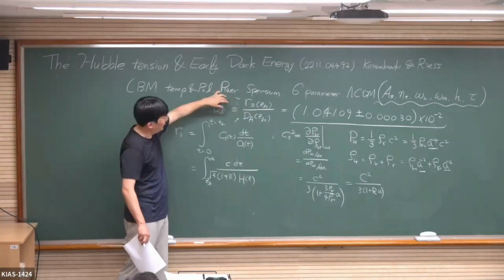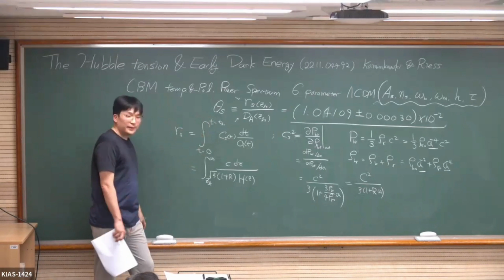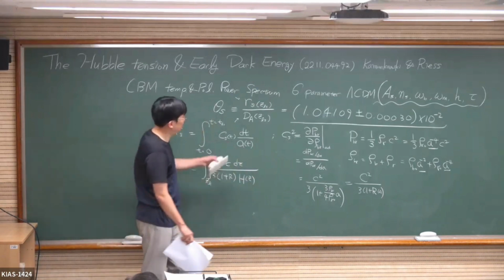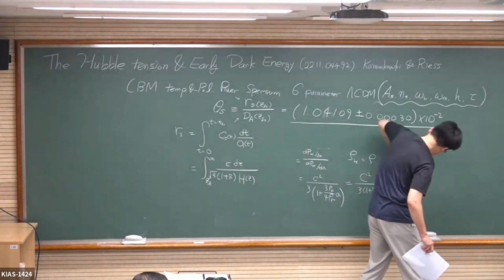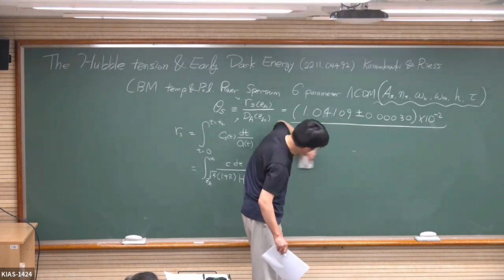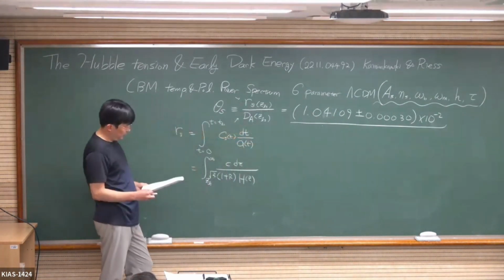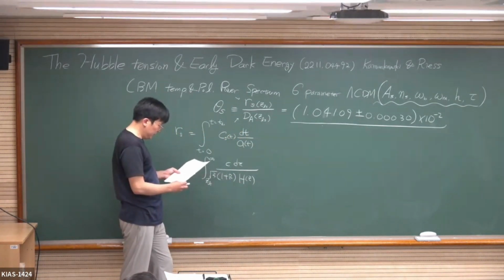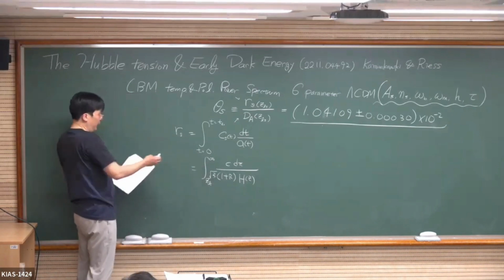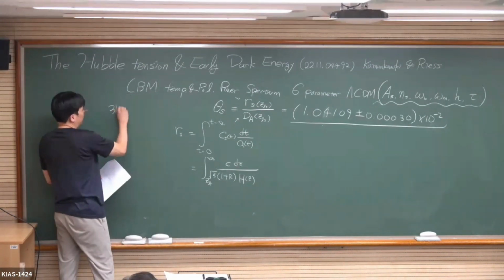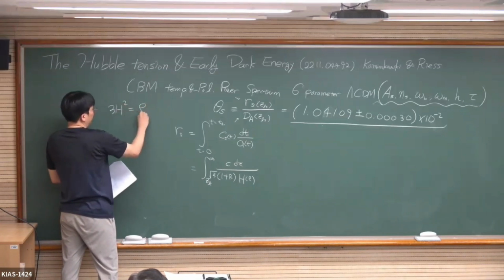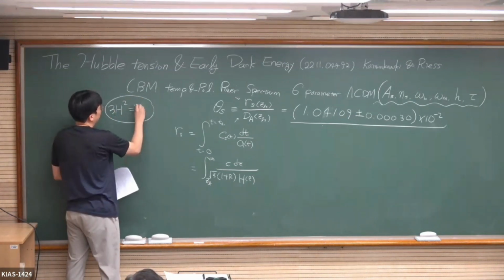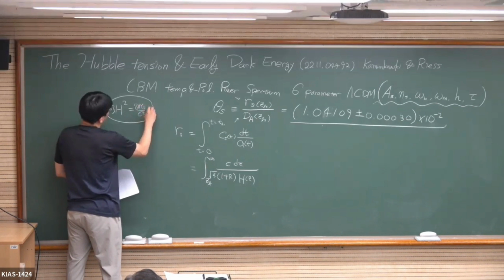That's one part that determines theta s. Good. It looks familiar, right? You've seen this before. Okay. So the sound wave propagates this much distance, but then this H of z you can further expand using the Friedmann equation. So I think in this paper they use the Friedmann equation for a flat universe, where the 3H squared is equated with the energy densities.